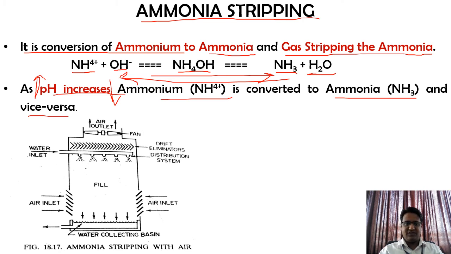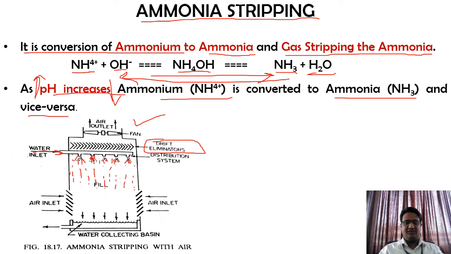Now to remove this, we can use something called the stripping method, or gas stripping method. In this, what is happening? Here you have your water enriched with ammonia. You have your distribution channels, or the nozzles, these 5 things which are there. And next is the drift eliminator. Drift eliminators are nothing but some kind of baffle walls. They will not disturb the nozzles at the bottom, because you want uniform distribution of liquid inside this chamber so that the ammonia stripping can occur properly.